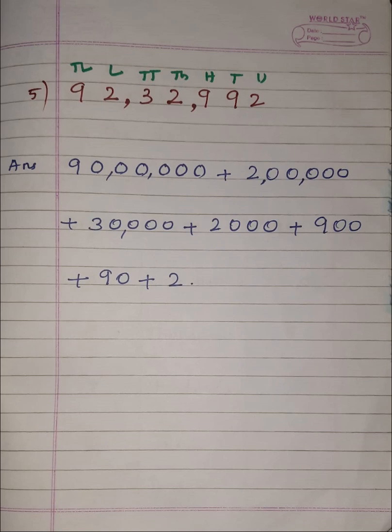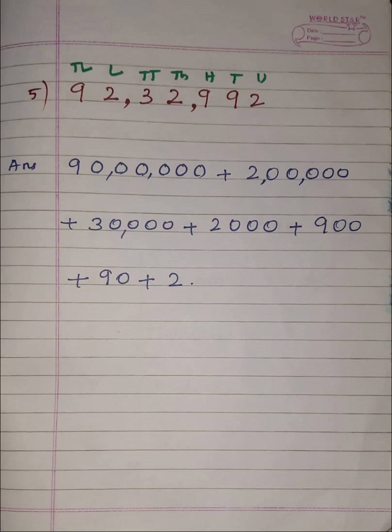Clear? Now students, our last sub question is, the number given, that is the fifth sub question, is 92 lakhs 32,992. Okay, the number given is 92 lakhs 32,992, children. Now when you move from the first digit, what you have to do, children? You have to write on the top of each digit their respective place value with the pencil or with the pen clearly.